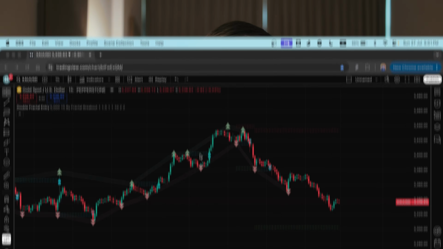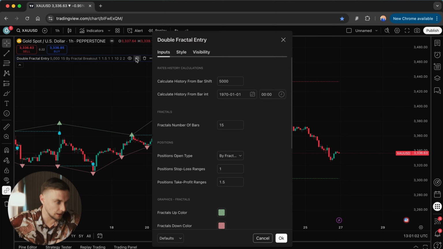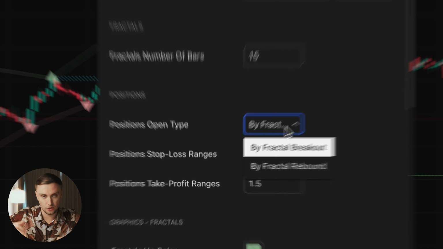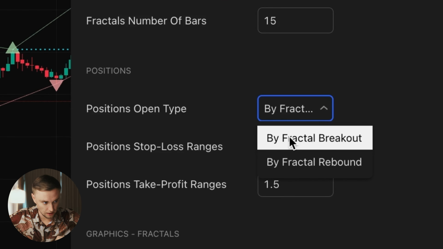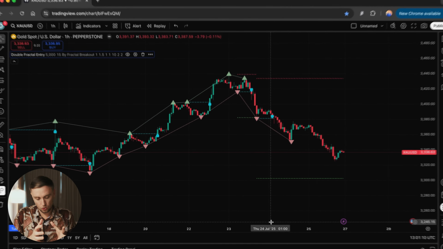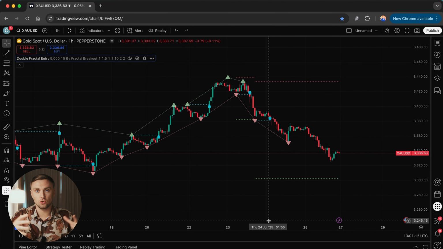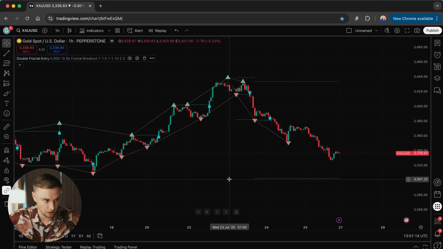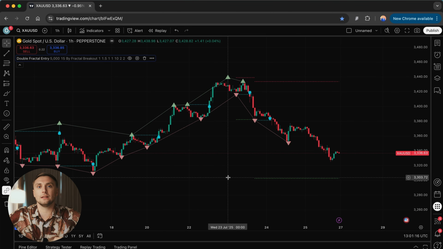So that's why we start thinking about how we can implement all these things. First of all, it's clear. We have our indicator, and we have two options for how we can open a position: the fractal breakout and the fractal rebound. We are planning to combine them and trade all these signals together. Sometimes these signals might happen at the same time, and we'll open two